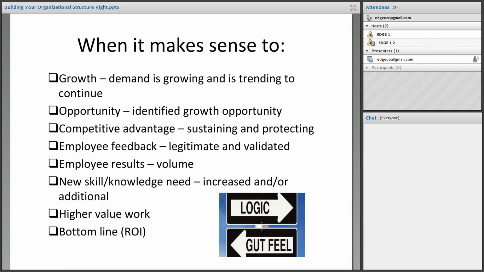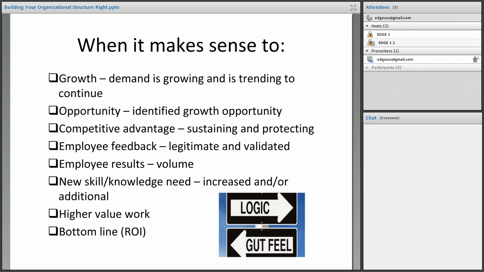And you never want to give up your higher value work at first, especially if you've got the area of expertise, or the people that you have have the extra area of expertise. You actually want them to be doing more of that. What you want to take away from them is the lower value work, and that would be the role that you would create. So that's where you see organizations bringing in clerks, bringing in assistants, bringing in coordinators to help support the higher value work needs that need to be done.